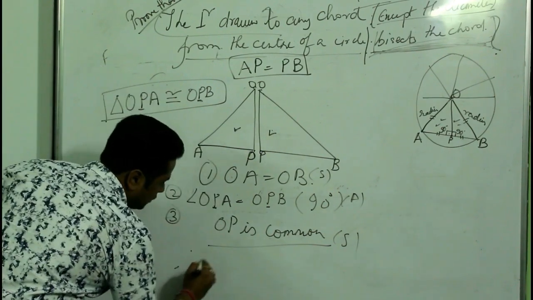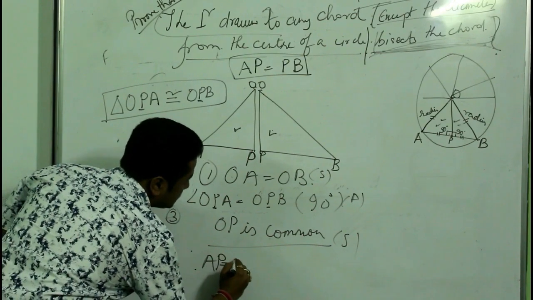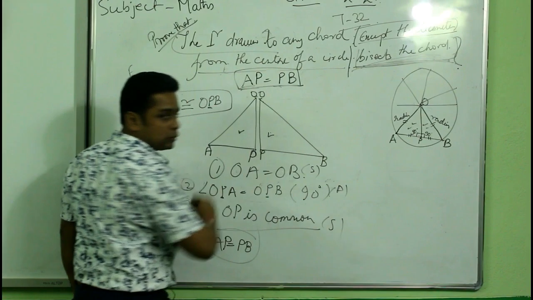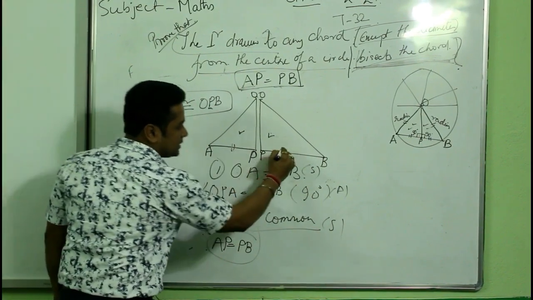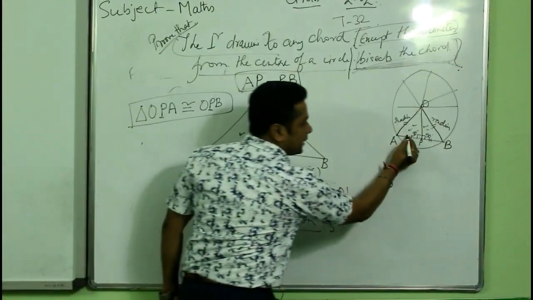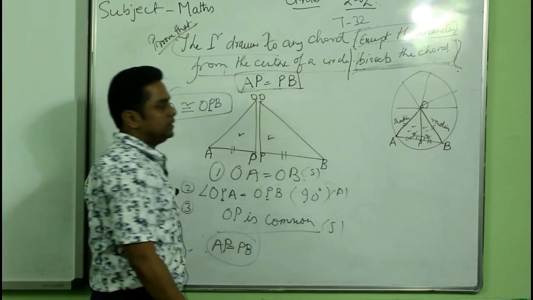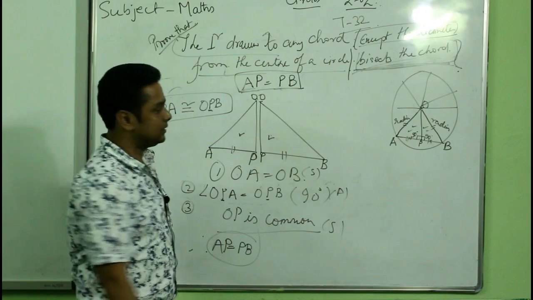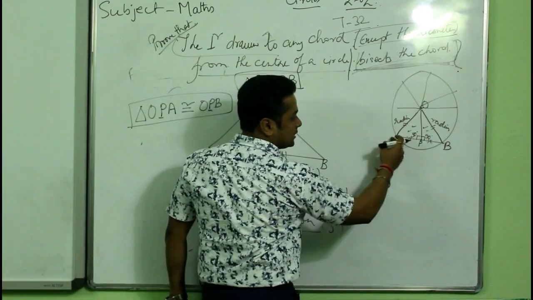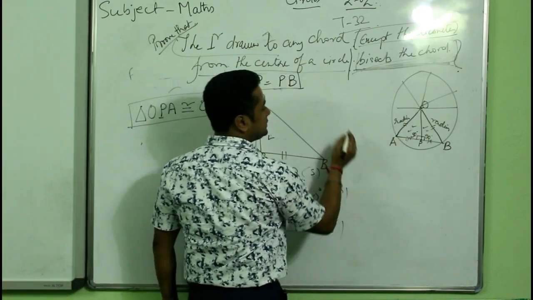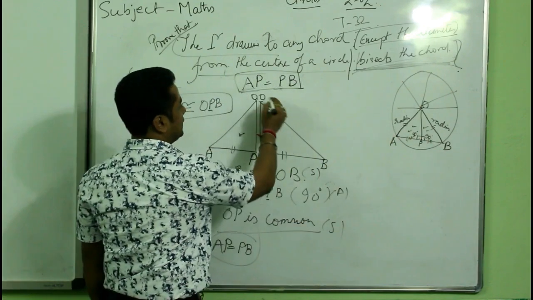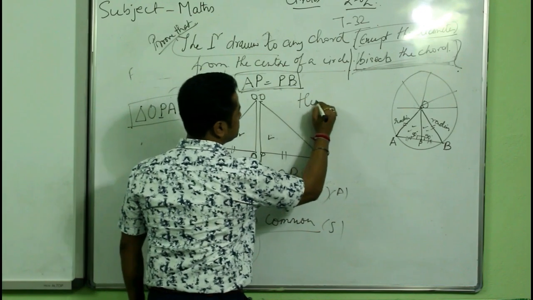Simple. Therefore AP is equal to PB. Done. We finally proved that this perpendicular is bisecting the chord, means इस परपेंडिकुलर ने इस कॉर्ड को आधा आधा कर दिया है. Hence